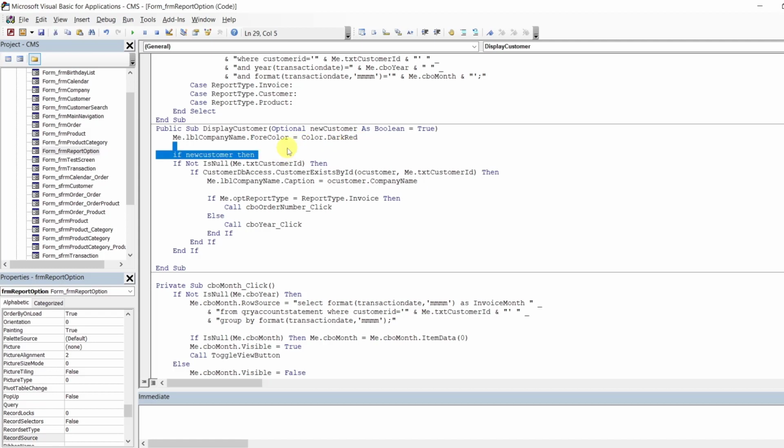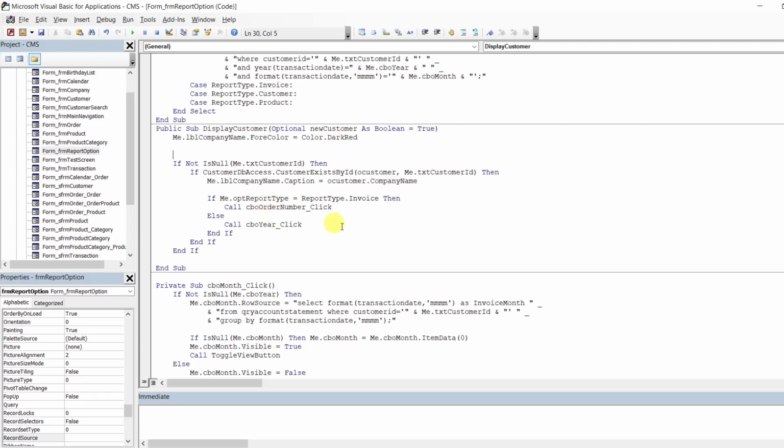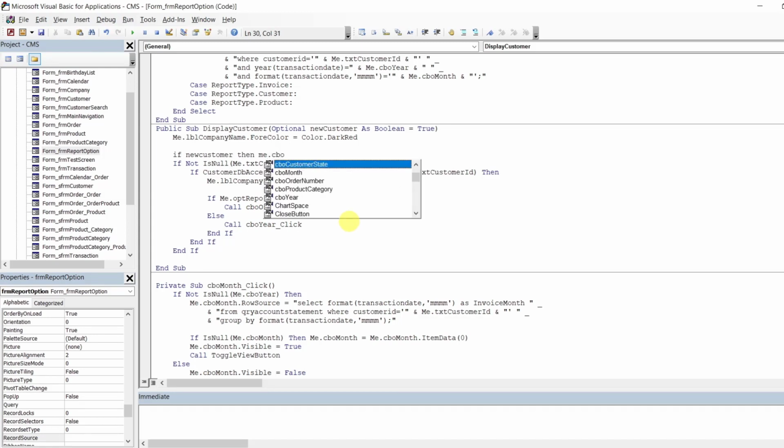You know what? Let's go inside. Right here. Yeah, that's a good idea. We can just do it here, and then we don't have to worry about all this funny stuff. If new customer, then Me.CBO